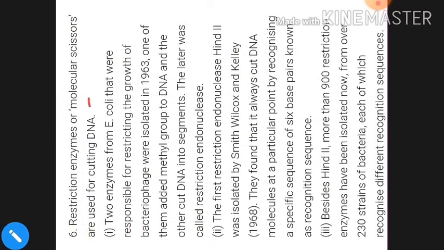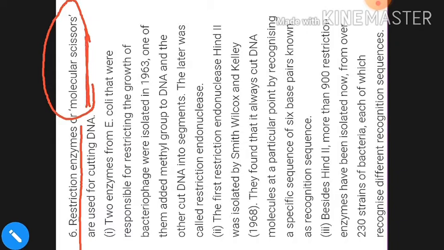in genetic biotechnology. That is why they are called molecular scissors, because they function just like scissors. It means they are used to cut molecules. It is essential to know the meaning of molecular scissor, because the restriction enzyme acts as a scissor to cut a molecule such as DNA into the desired fragments. They act like a scissor to cut the DNA molecules. That's why they are called molecular scissors.